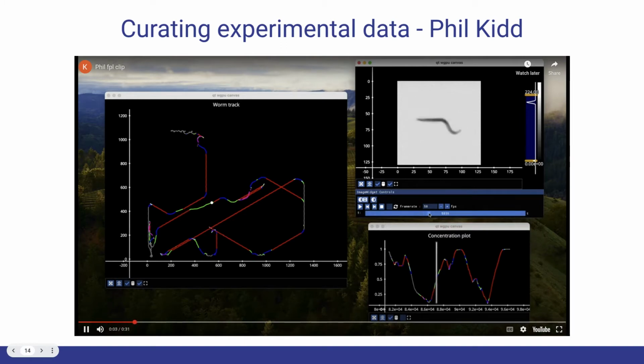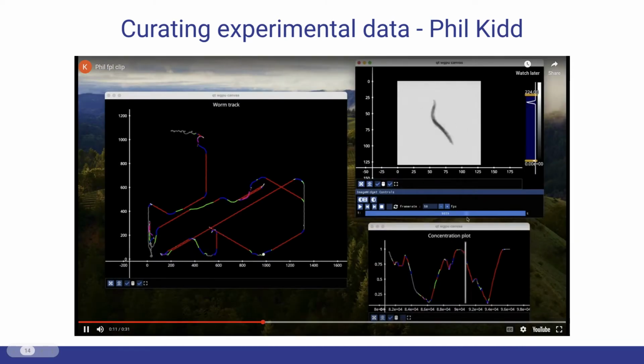So in the top right you see the video of a worm crawling around in an arena, and then over here on the left is the worm track,